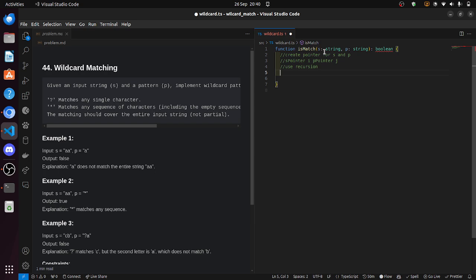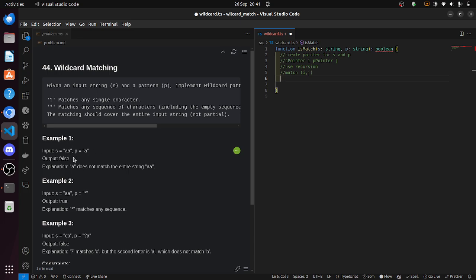So we'll just define our recursive function. I'll just call it match. Then this function should accept I and J, right? The index of where we are at S and the index of where we are at P. So I and J. Then for this I and J, we'll just use this as a pointer to point at a character at S and a character at P, and we'll try to compare the two. Now that we've compared the two, we'll have to conclude if we have a match. If this and this is a match, we'll proceed to comparing the next set of characters,